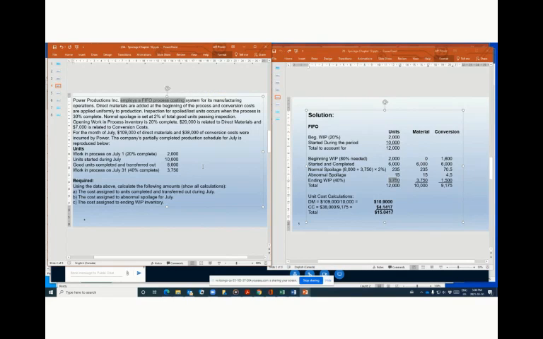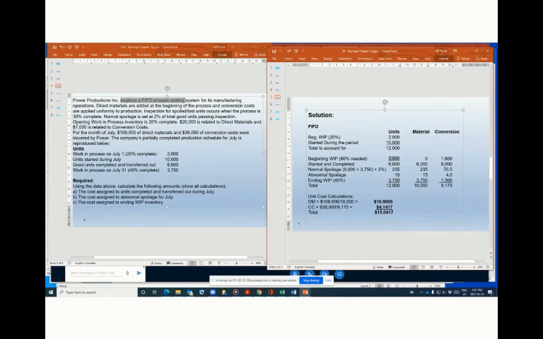So in that sense, we have to use that assumption in calculating our equivalent units and therefore our cost per unit. So the FIFO approach says, what work did we do? What were the inputs this month? All right. So I know we had these 2,000 units